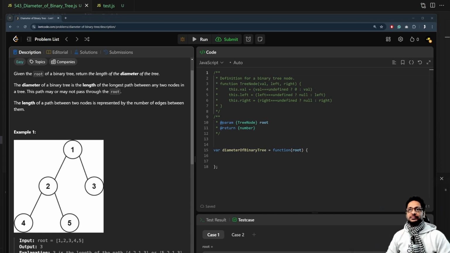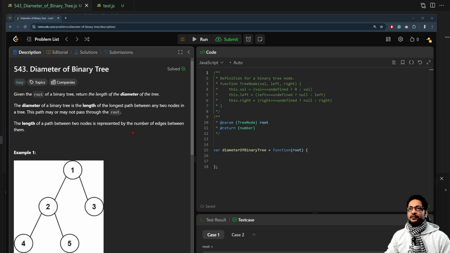Hello everyone, welcome to another video, and today we're going to discuss a new question called find diameter of a binary tree. So the question suggests, given the root of a binary tree, return the length of the diameter